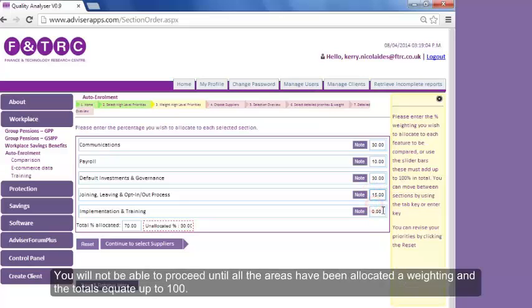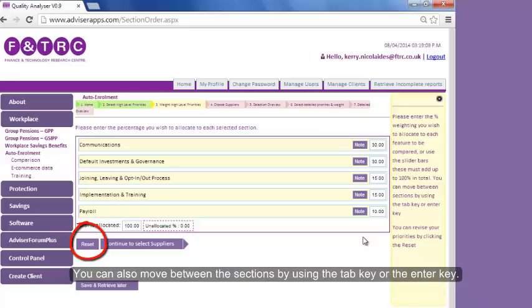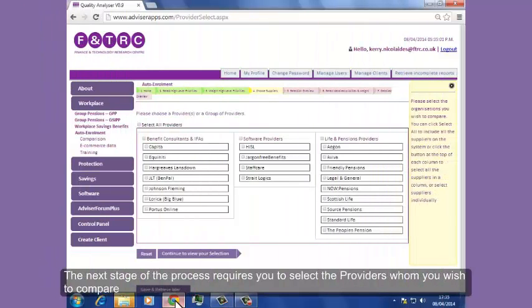You will not be able to proceed until all areas have been allocated a weighting and the totals equate up to 100. If you do make a mistake or are unhappy with your allocations, then you can click the purple reset button below the table and start again. You can also move between the sections by using the Tab key or the Enter key. Once you are happy with your allocated weightings, clicking the purple button, Continue to select providers, will take you through to the next stage. The next stage of the process requires you to select the providers whom you wish to